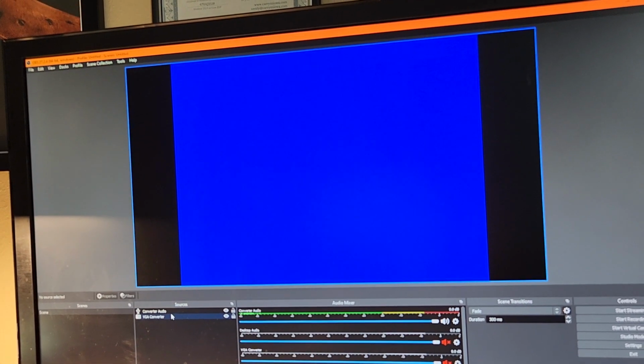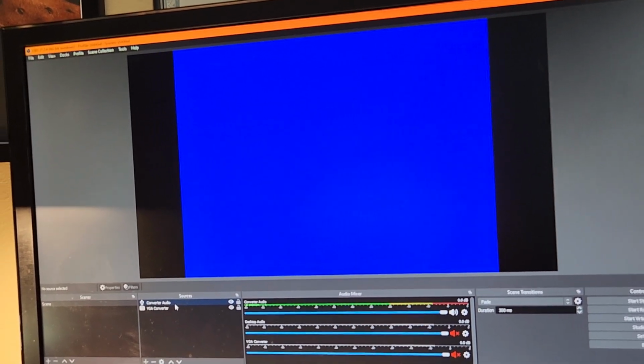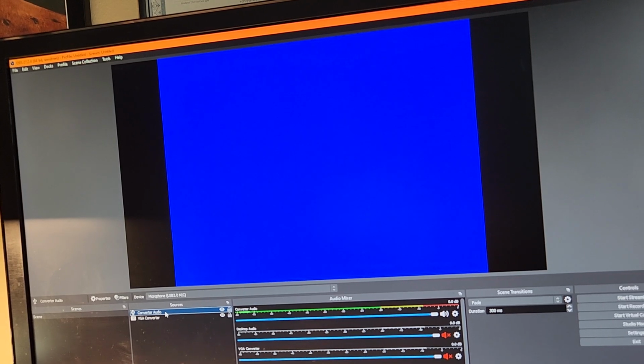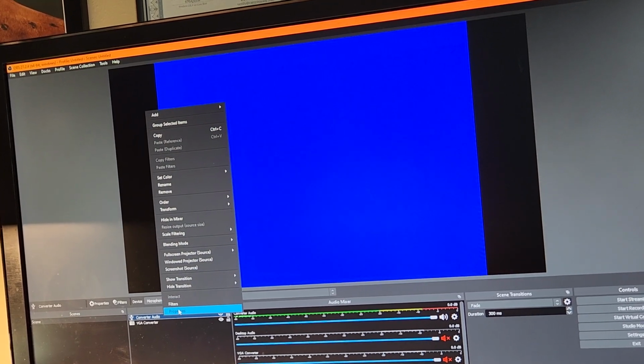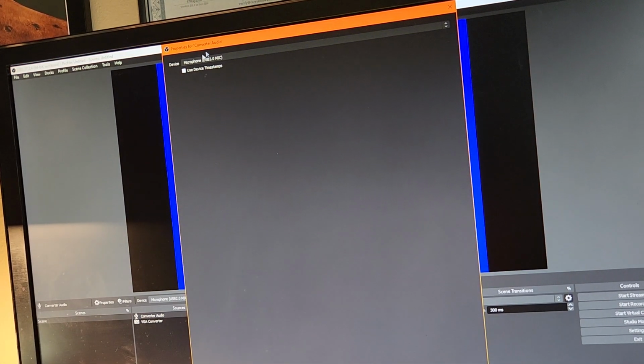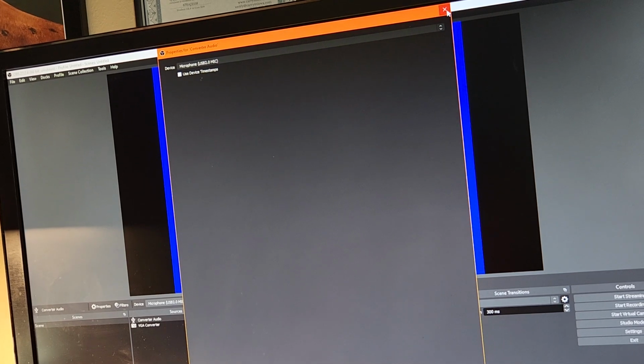Over in the sources, you're going to want to set up your sources for audio and video as separate sources. We'll take a look at the audio first. You can rename it whatever you want, of course. I have mine named converter audio. So you want to right click on that, go to properties, make sure that's set to the microphone of your